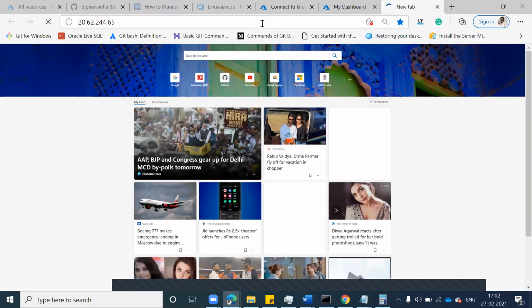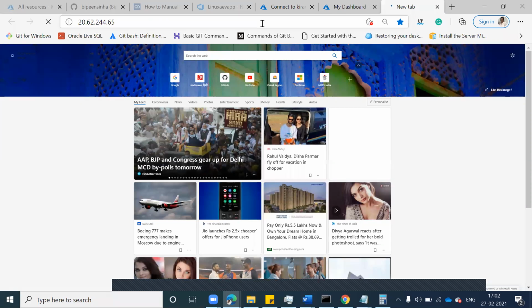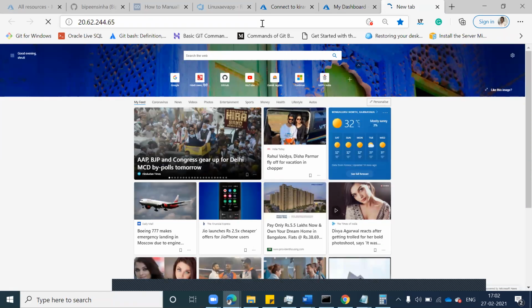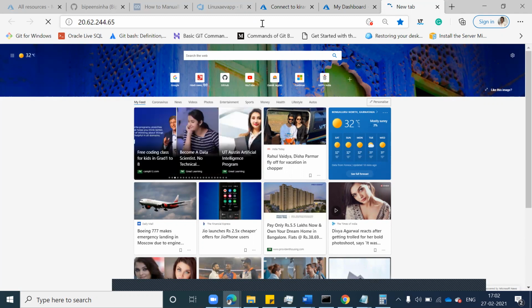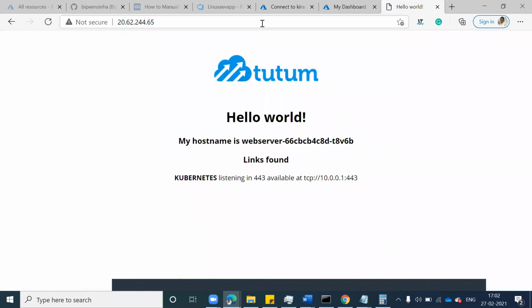So it means that managing this on a cloud is easier, right? Understood now? Currently you are running 2 nodes.